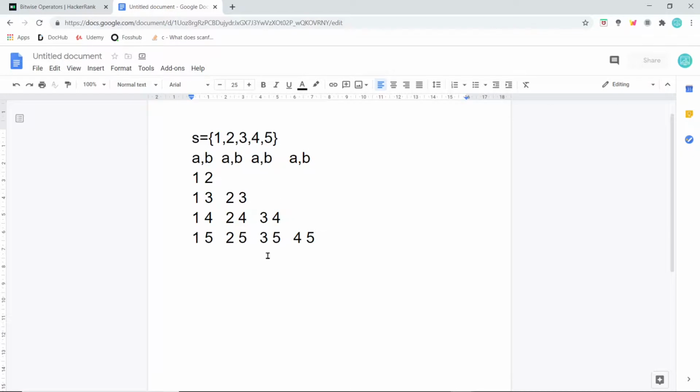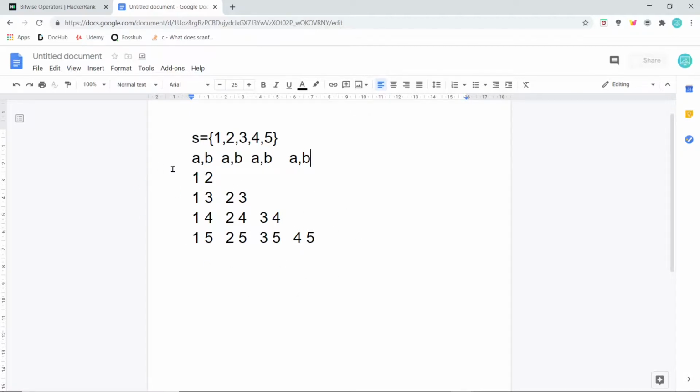Okay, similarly we have 3 as A, then we have 4 and 5 greater than 3 that belong to this set. So 3, 4, 3, 5. This is 2 possibilities. Then we increase A again, the value of A becomes 4, and the only number left in this set that is greater than 4 is 5. So we'll have only 1 possibility. So all these numbers combined will have complete 10 possibilities. These are 4, 3, 2 and 1. 4 plus 3 is 7, plus 2 is 9, plus 1 is 10. So total 10 possibilities of numbers.